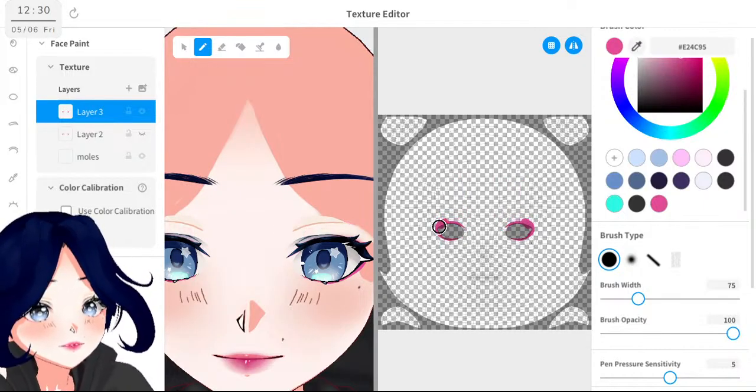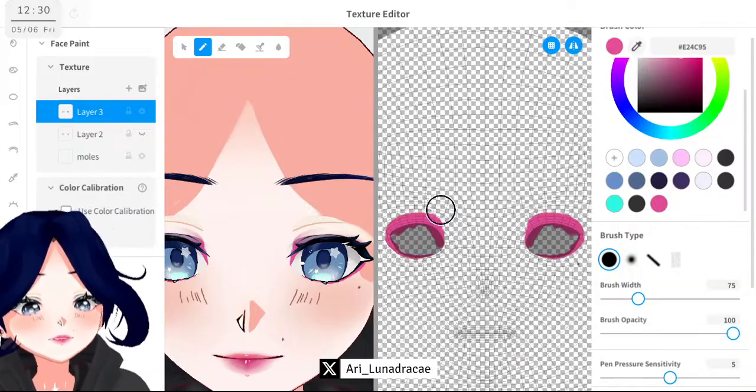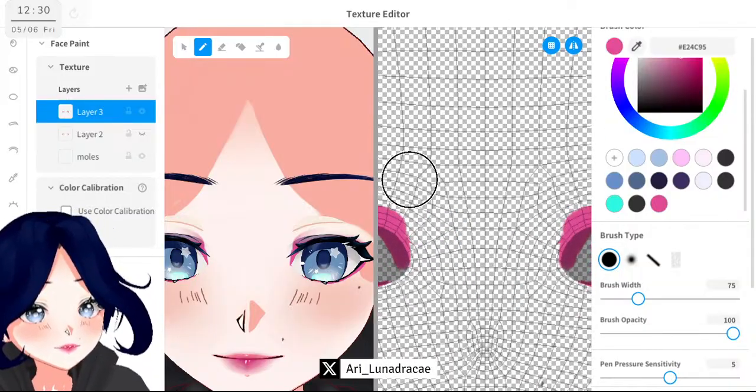It's not the eye shape, the problem is the thing I have on top of it. Okay, let me start erasing them.